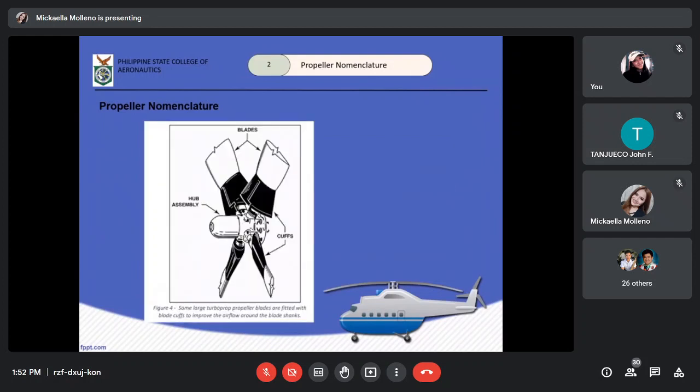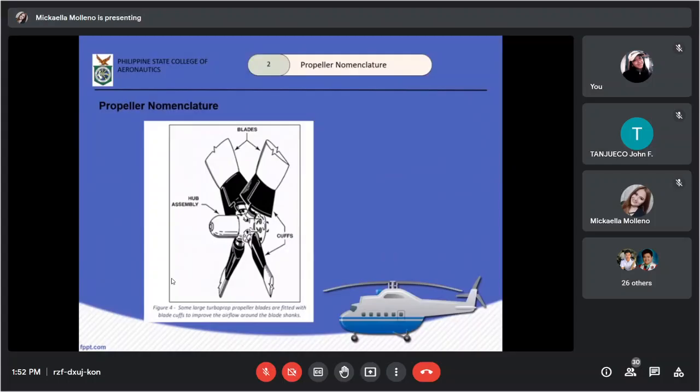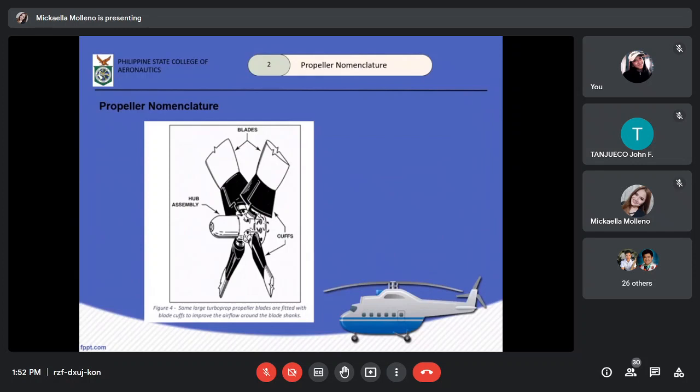So we have here cuffs. So what is blade cuff nga ba? Pretty much a blade cuff, it is an airfoil shaped attachment. It can either be made of thin sheets of metal, plastic, or even composite materials. So bakit nga natin kailangan itong blade cuffs? Ano bang function nito? Blade cuffs increase the flow of cooling air into the engine. So, for the purposes of cooling, unlike the fixed pitch, meron tayong space dyan for cooling.